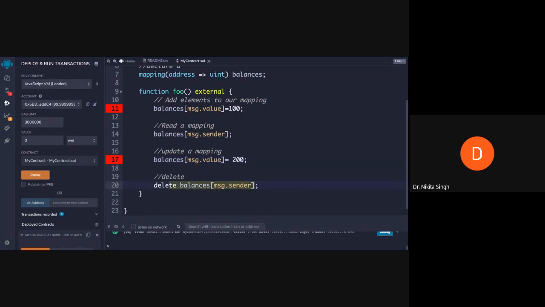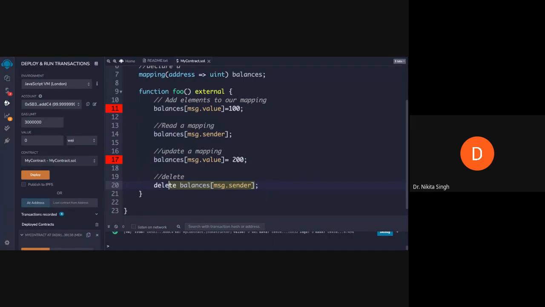Now, I want to talk about how we can create a smart contract that will allow us to transfer ether from a regular address to a smart contract. How do we write a smart contract which allows you to transfer ether from some address to a smart contract?